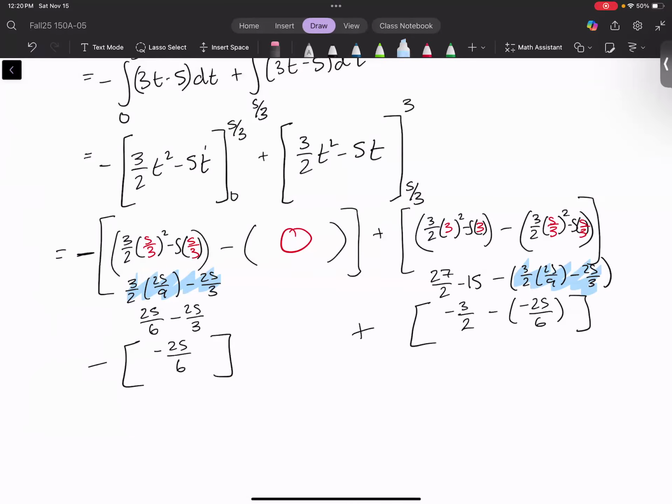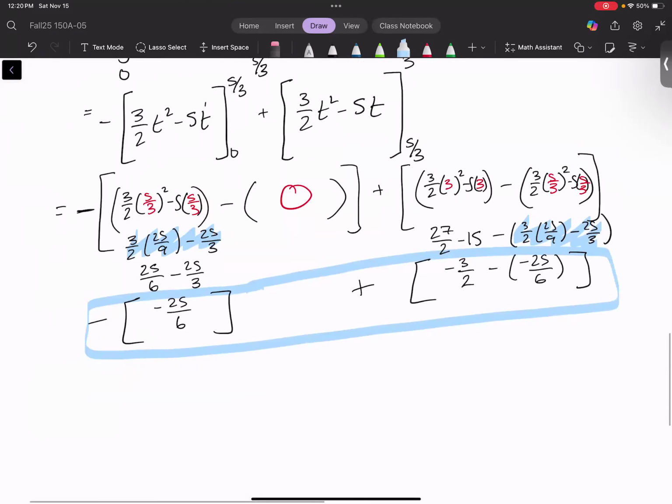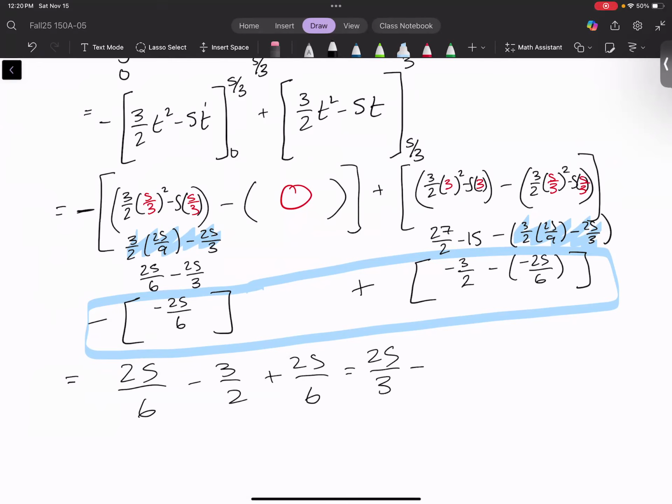And again, this is in the big brackets and with the plus. So we're looking at this line here. So I have plus 25 over 6, minus 3 halves, plus 25 over 6. So this is 25 over 3 minus 3 halves, which is 41 over 6